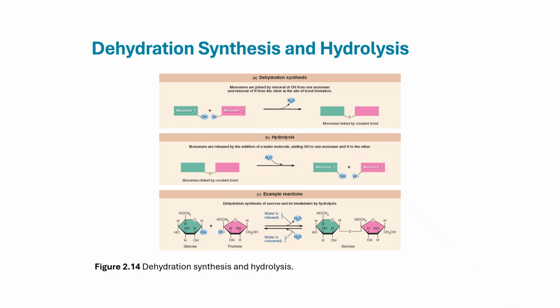So one hydrogen and the OH group, that's going to tear off of those and release a water molecule. Then the oxygen is going to bind over here, forming just the oxygen in the middle. So dehydration synthesis removes a water molecule at the bonding site and results in two monomers being linked by a covalent bond with an oxygen.